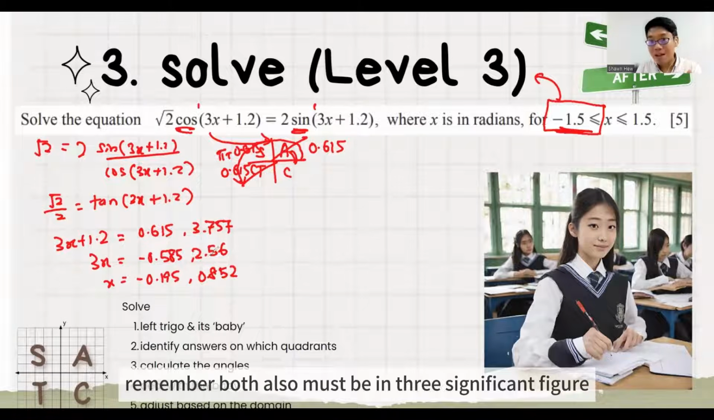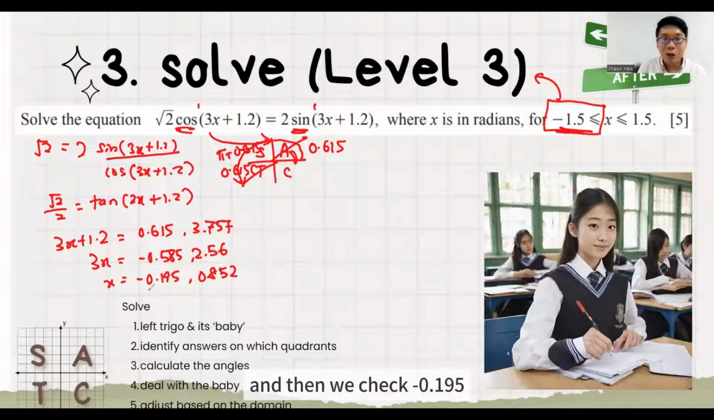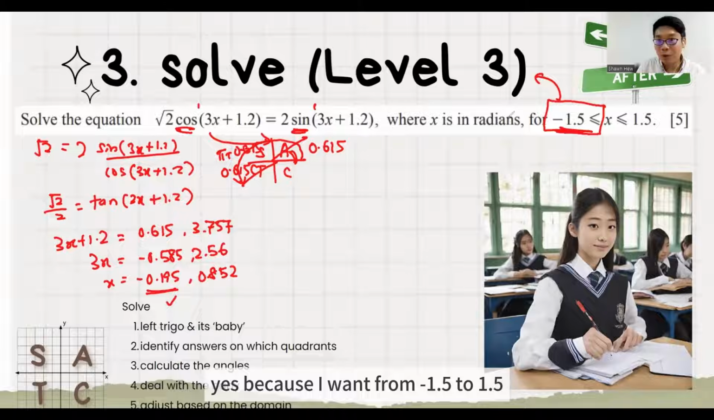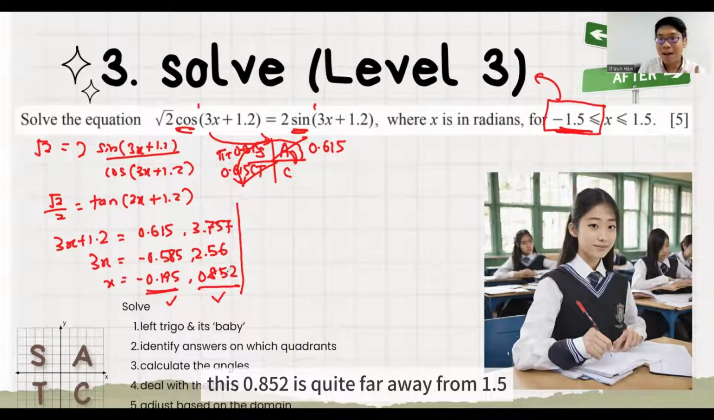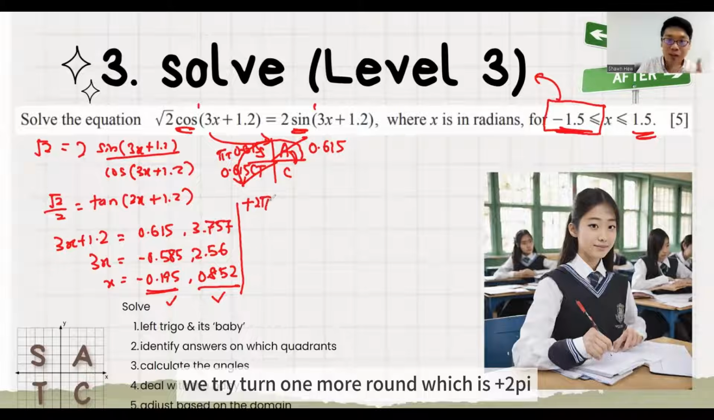Remember, both also must be in 3 significant figures, and then we check negative 0.195. Does it fulfill the criteria? Yes, because I want from minus 1.5 to 1.5, and then this positive value is also accepted. This 0.852 is quite far away from 1.5, so to double confirm, we turn one more round, which is